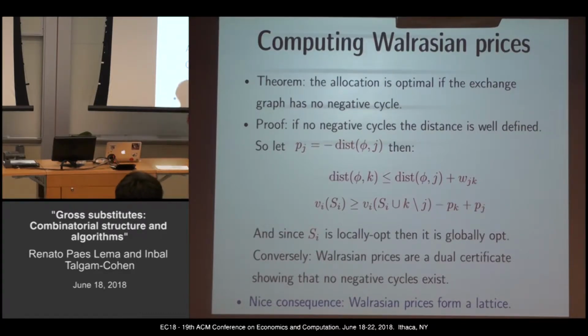If you take two distance functions, d1 and d2, you can just do the case analysis and see that the minimum of d1 and d2 is still a potential function. And the maximum of d1 and d2 is still a potential function. So potential functions form a lattice; version prices are nothing more than potential functions, I mean distance functions, on a certain graph. So version prices also form a lattice, which is a nice thing.